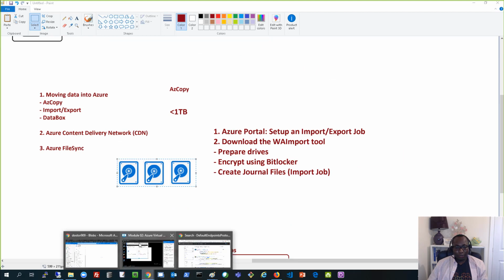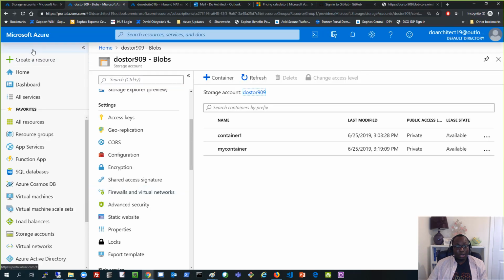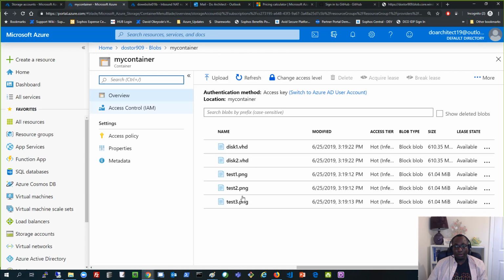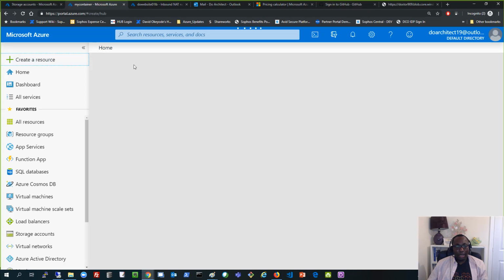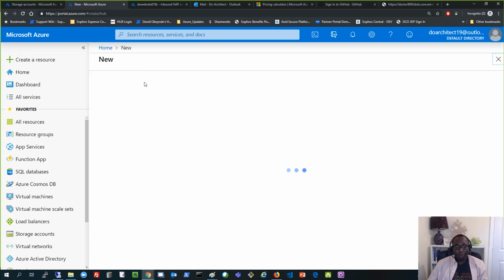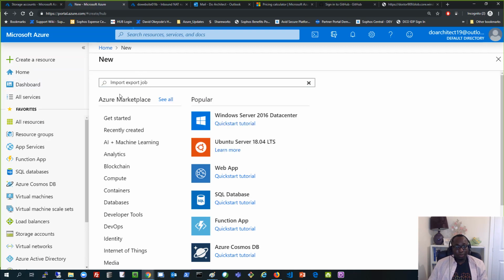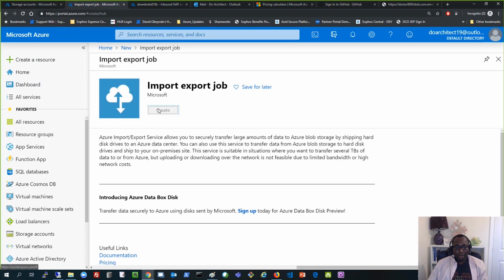And I'll show you, because obviously we don't have any disks to use. But yeah, you can see my container is there. It's created my container over there, and I've got all my files over here. So good. What I'll do is go back to create a resource, and I'll search for import export job. And if I go to create that,